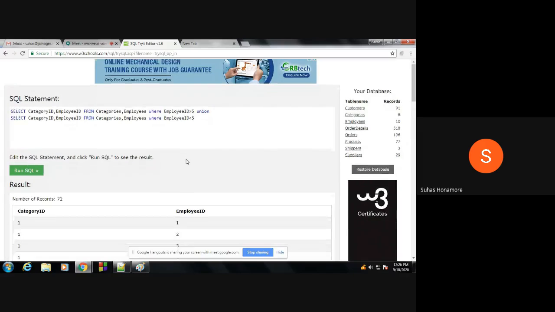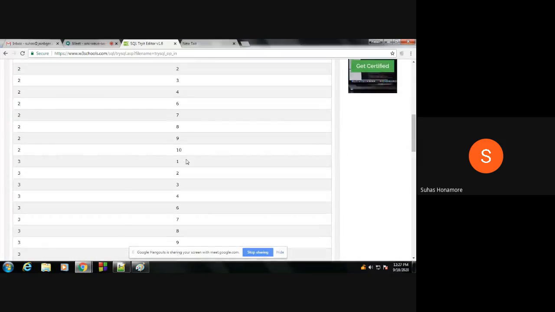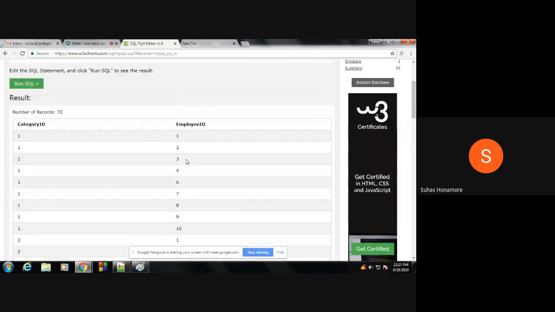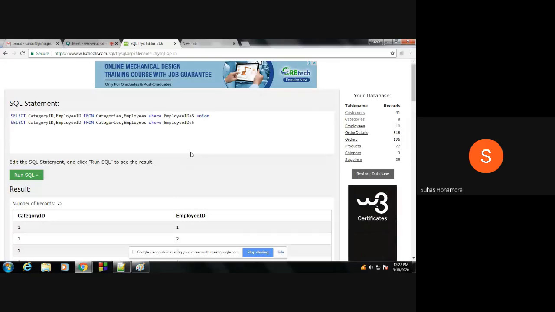Maybe because of the brackets, something is happening here online. In the command prompt with MySQL, if you are not giving brackets it runs; if you give brackets, it does not run properly.